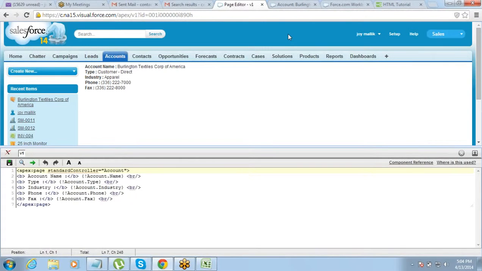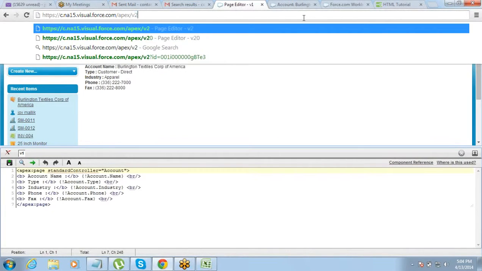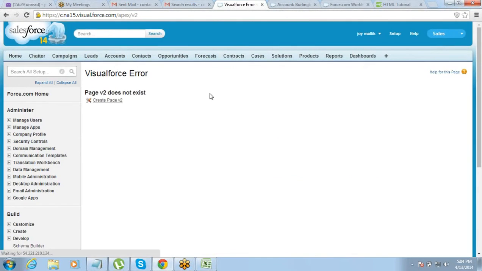So let's go and do it for one more object. Let's do it for opportunity, the same kind of thing. And this time you will need to tell me what I need to do.